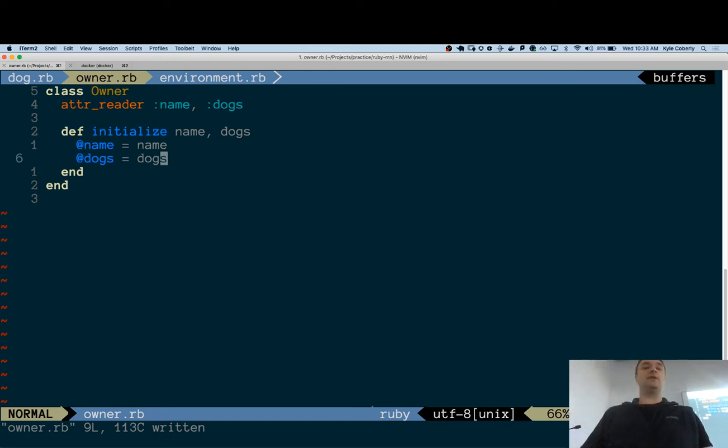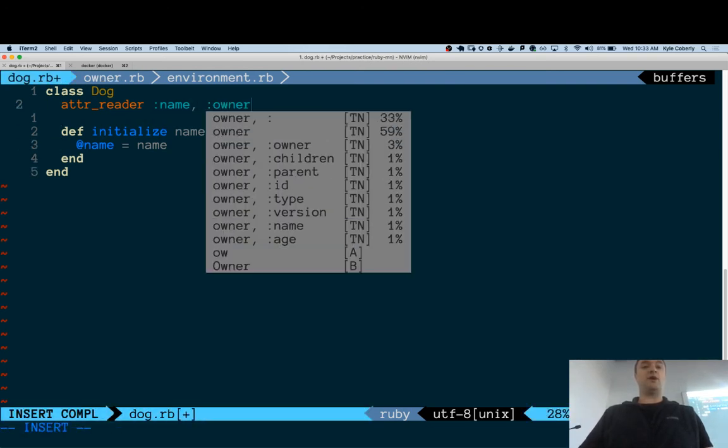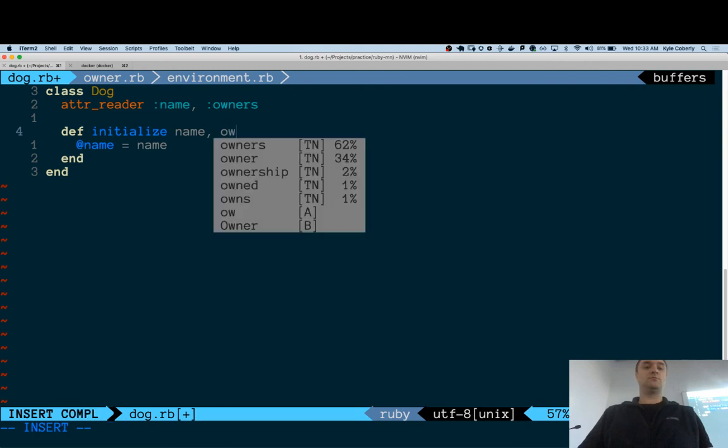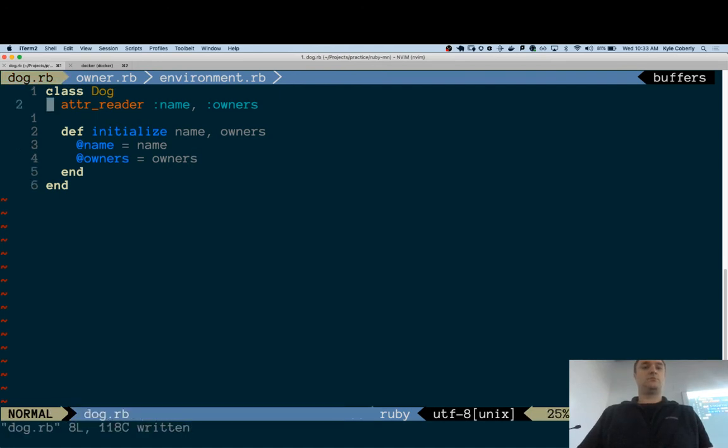Also have to do the same thing in dogs. When I make a new dog, I'm keeping track of my owners. Okay? Neat. Let's give it a shot.